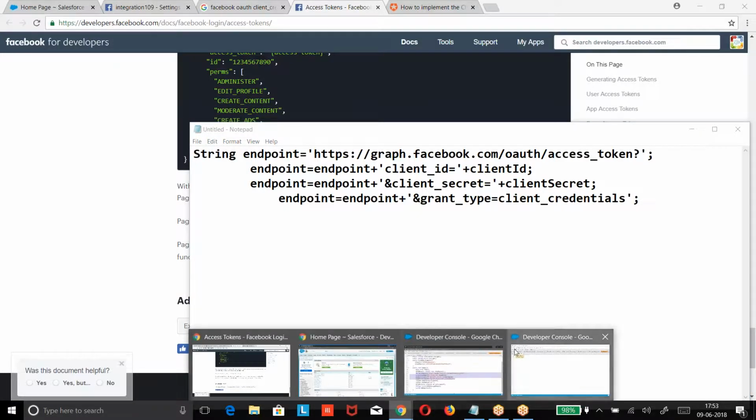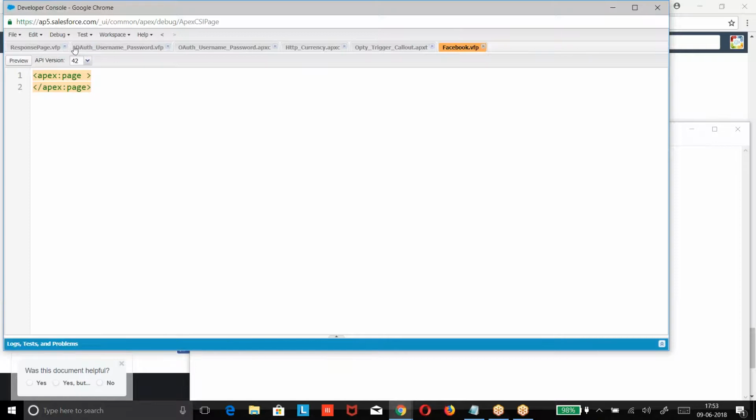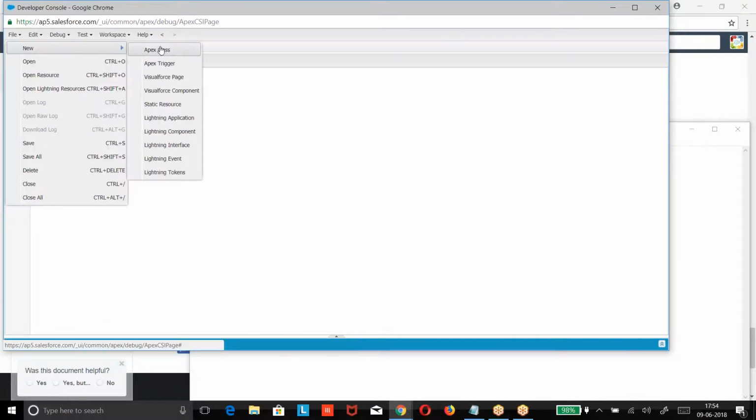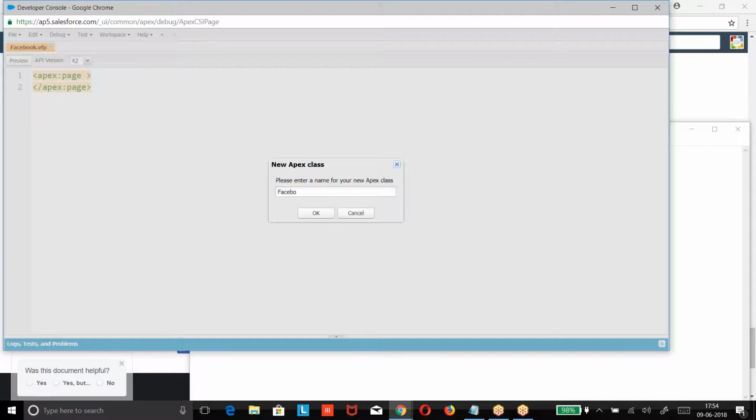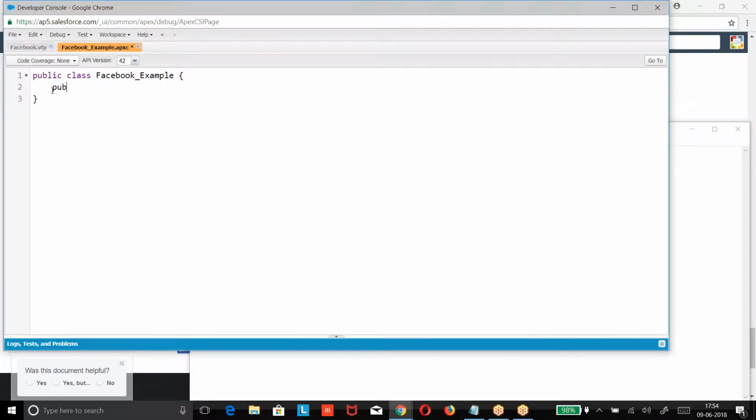So go to the Facebook. Client ID, client secret.